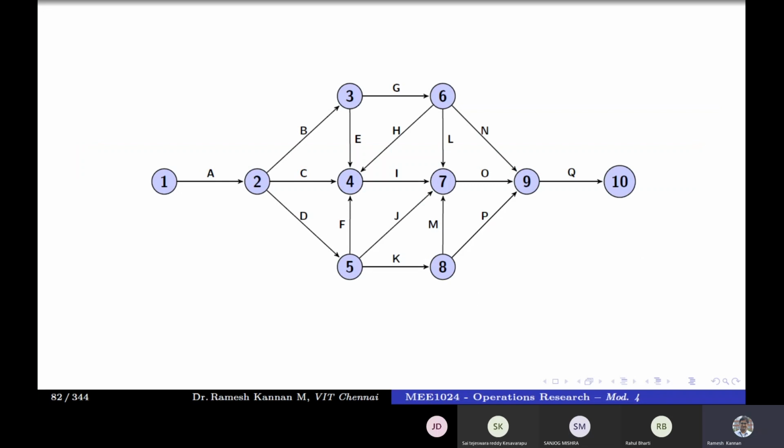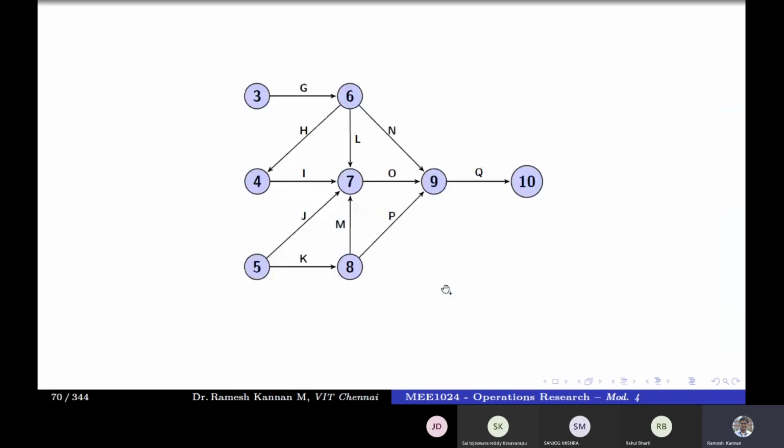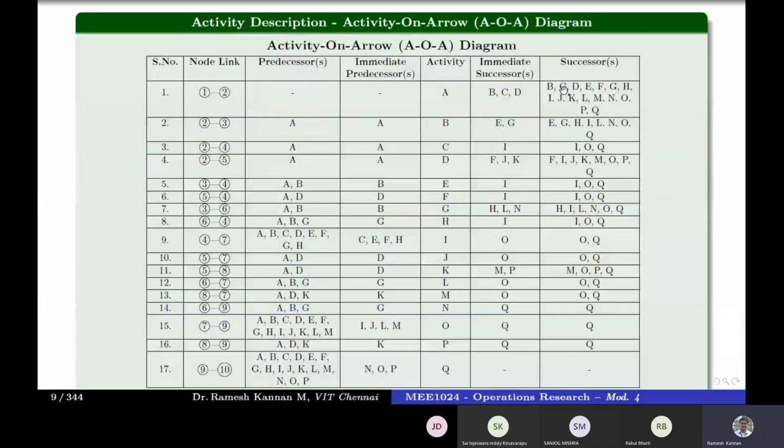Okay, so this is basically the construction of the network diagrams in a forward and a backward pass methodology. Okay, next: are we needing all these details, like all the successor details, to construct a network diagram? If you could see in this diagram, it has got the predecessors and successors. Are we needing all the predecessors and all the successors? Say for example, immediate predecessors and immediate successors. Why do we need immediate predecessors and immediate successors?